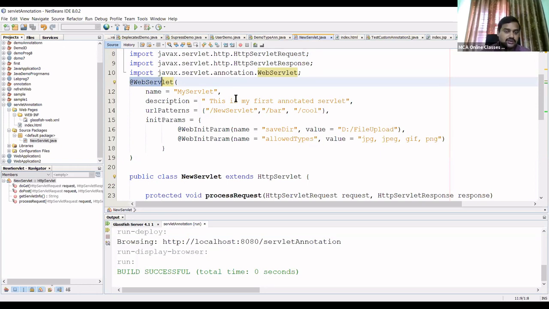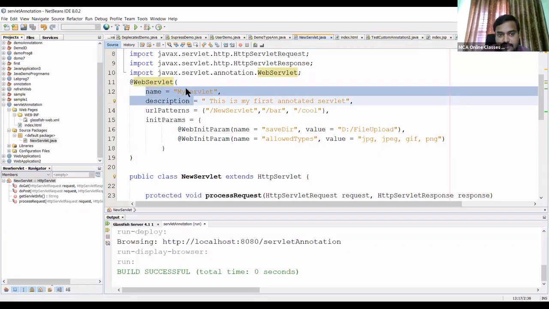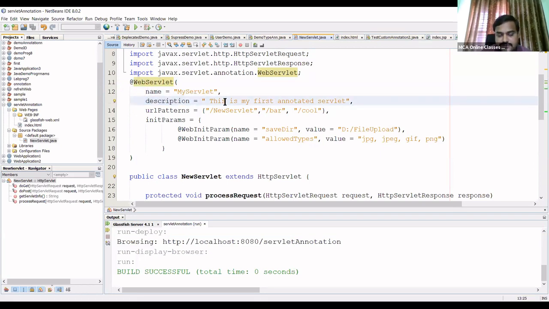This is one thing. The second thing is that if you want to pass any additional information in the form of name and value, you can pass this. And if you want to set multiple URL patterns for this particular servlet program, you can set them like this, separating with commas: slash servlet, comma, like this.